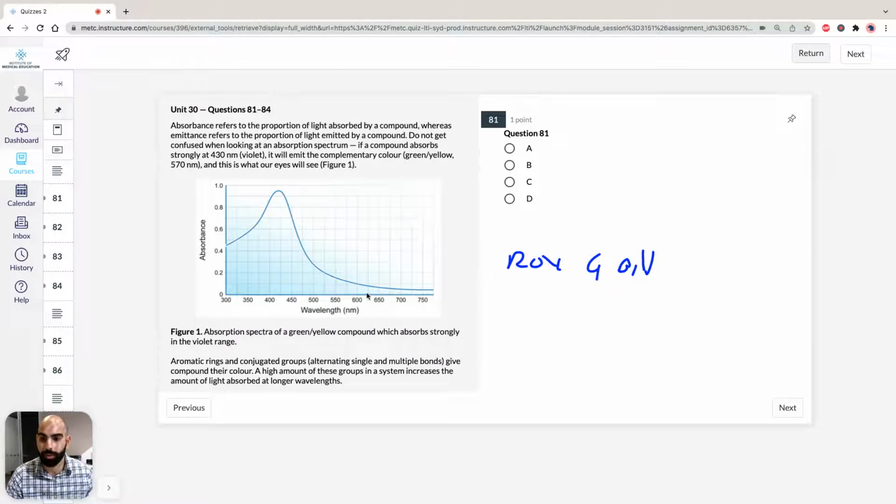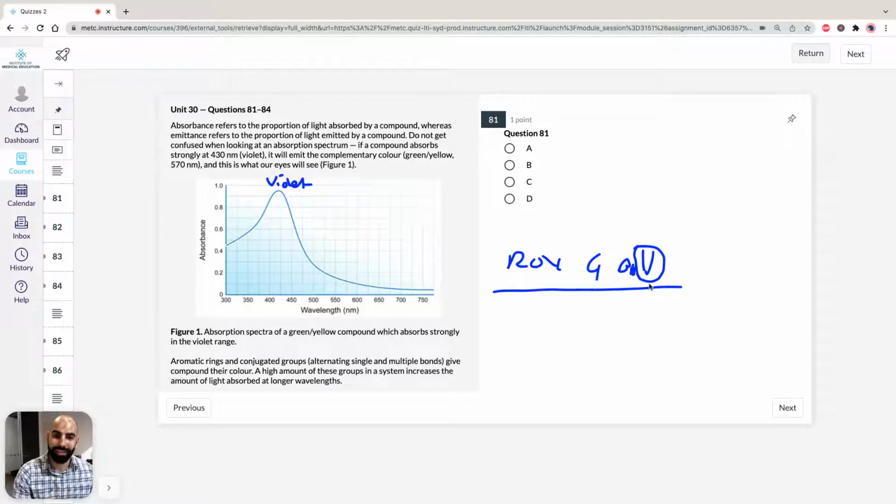The reason why this is important is that if we take a look at this absorption spectra, and we're told that our compound absorbs strongly at 430, that's about the violet range. So if it's absorbing at the violet range, it's like, for example, right now I'm looking outside at trees. They're green and yellow, so there are green and yellow leaves. The leaves on those trees are absorbing in the violet range because the color they're emitting is green. And if we take a look at our Roy G. Biv, if we're absorbing in the violet range,